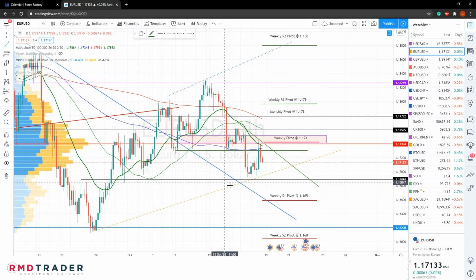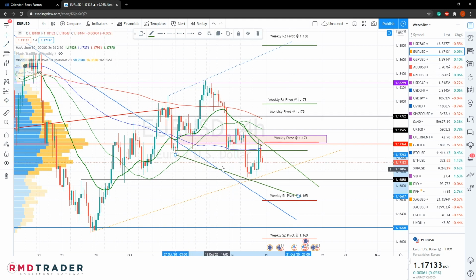And if we just briefly draw a trend line from that area, we can see that we do have this falling wedge type formation, meaning if we can stay above this lower diagonal that we can see projected over here in orange, and break above this interim area of resistance at 1.172, and of course, very importantly, getting above the weekly pivot at 1.174, then it would open up areas of the 1.178, which is the monthly pivot. Of course, also the area of the weekly R1 pivot at 1.179, and then perhaps in the medium term, even at targets such as